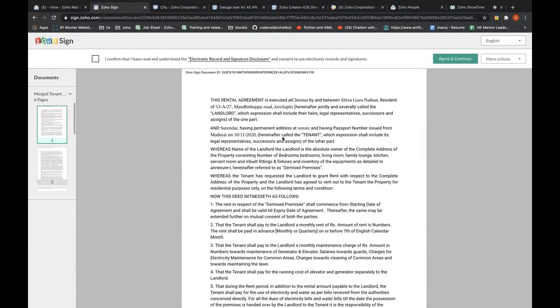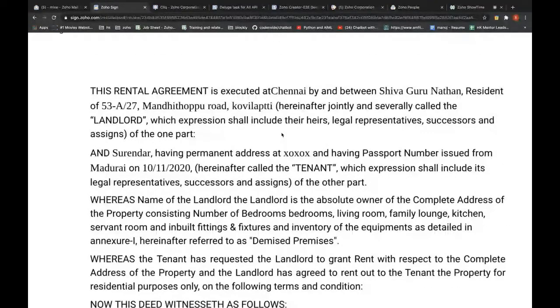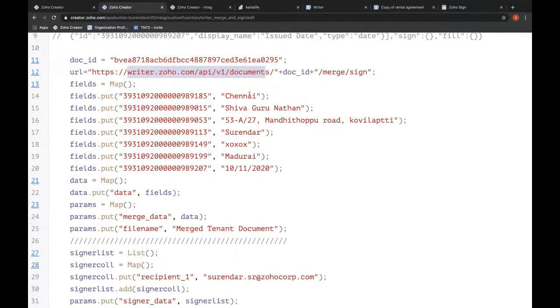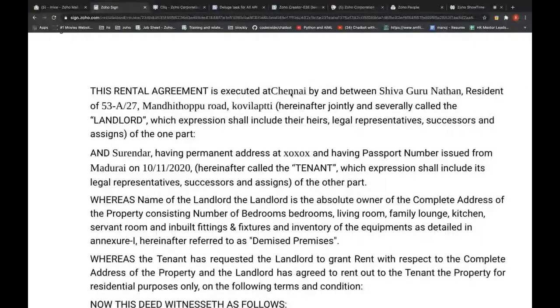Okay. So here we can see, right? This is the rental agreement which we generated. We can see all the values which we populated from our writer function. You can see the location has been populated as Chennai, and the agreement is between Shivagurunathan and the tenant Surendra. Okay, and that was his XOXOX, which we just gave. So this is how we can integrate Zoho Creator with Zoho Writer, and the same can be sent to Sign